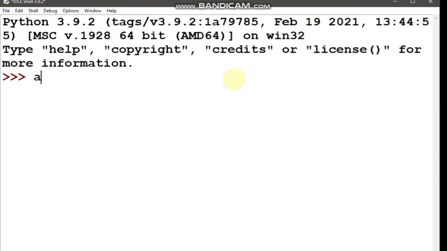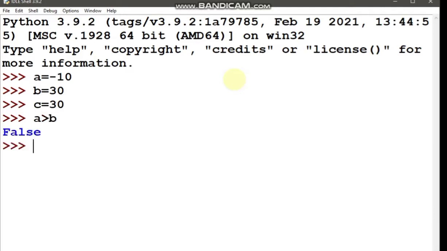So let's write A is equal to minus 10, B is equal to 30, and C is also equal to 30. Now let's check. A greater than B, false, because minus 10 is less than 30.